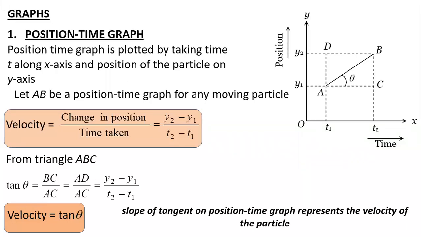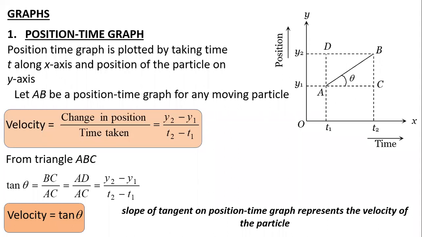Is it clear? So this was how you could study the position time graph. If any position time graph is given, from that you can determine the value of velocity, and also you can define what type of motion it is. There are a few graphs which I have made to study various types of curves and what interpretations can be made based on them. If this slide is done, just take a screenshot or a pic of it. I'm moving to the next slide.